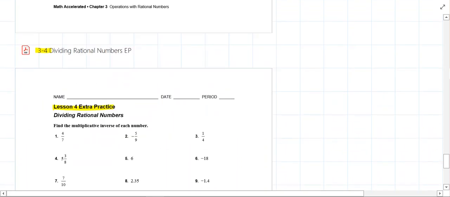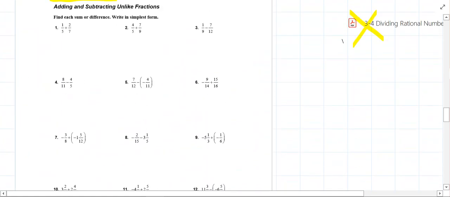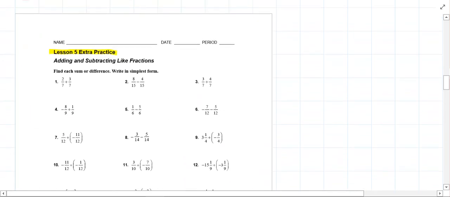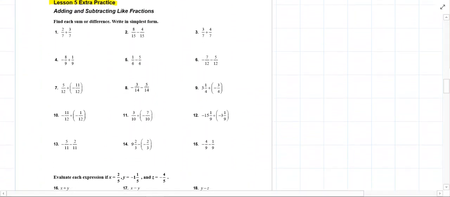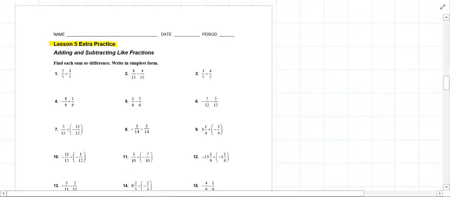That's multiplying and dividing rational numbers, so don't worry about those. We are concentrating on lessons 5 and 6. And usually, make sure you really make a note in your brain here. Usually I have you do the evens. That's not the case because look how many evens there are. So I'm having you guys do all of the multiples